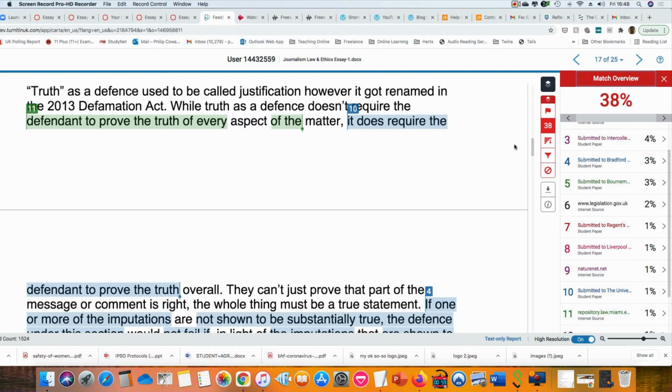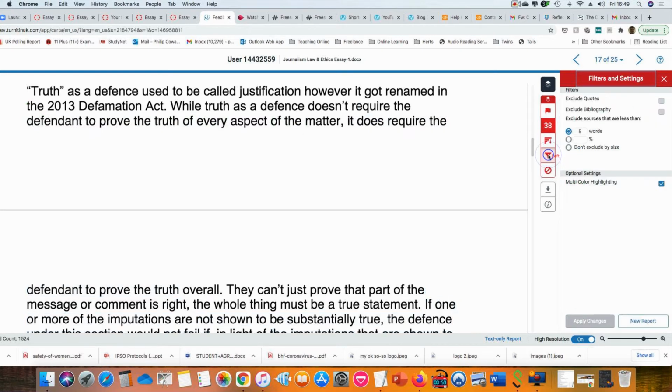So I'm going to use this filter here to make some changes to this Turnitin report. If I press on the filter, at the moment, it's collecting 5 words. So any 5 words together, which could come up or has come up previously, will be marked up as unoriginal. We've just seen a 9-word phrase, which